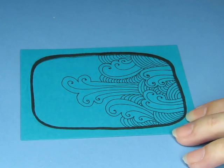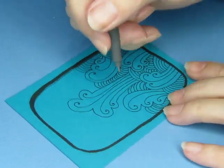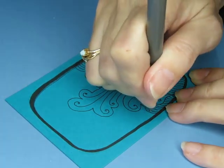This is really cool. I like the way this looks. It looks very 1970s mod. Very cool. I want to do...